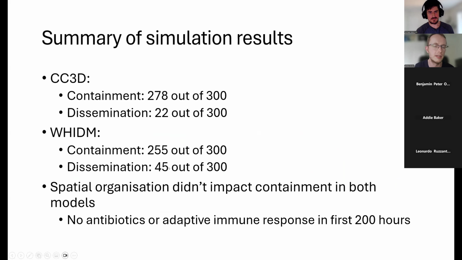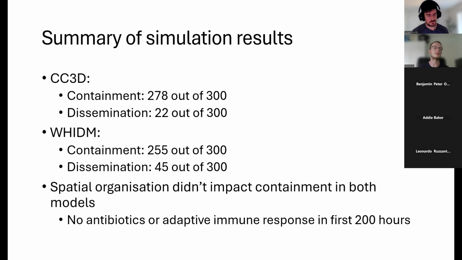So this was more borderline, but in the end, we did get the right proportions in the more up-to-date version of her code as well. So both the codes largely agree in terms of the proportion of containment versus dissemination. What we did find, though, which was interesting, was that the spatial organization was no longer impacting containment in either of these models. We think the main reason for that is the fact we were only able to investigate the